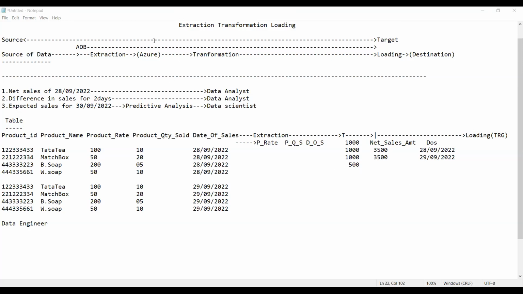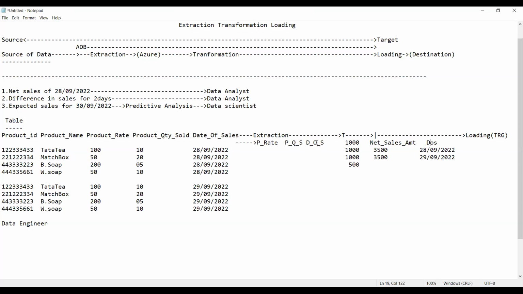Yeah, please go ahead, ma. This is Harika here. Yeah, Harika, tell me. In this extraction, I could see two columns if I am right. This product rate and PQS. You will be creating two columns there. Yes, two columns, net sales amount and date of sales. Date of sales is already there, ma.